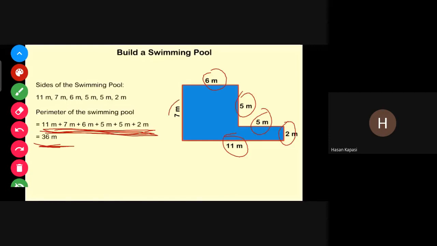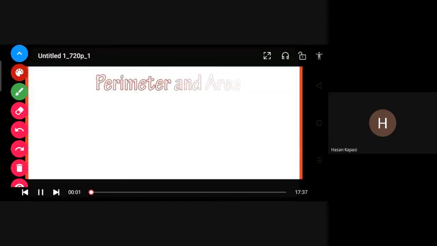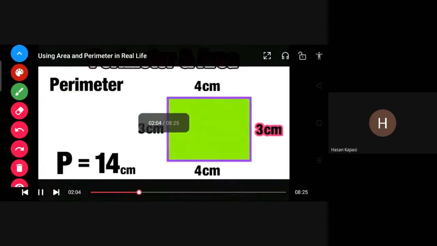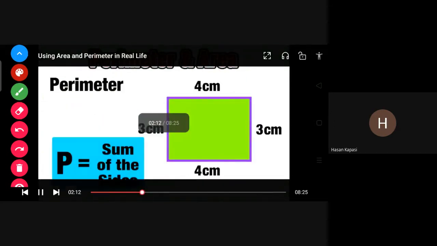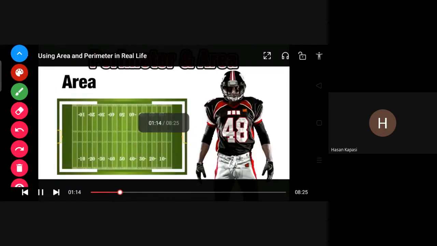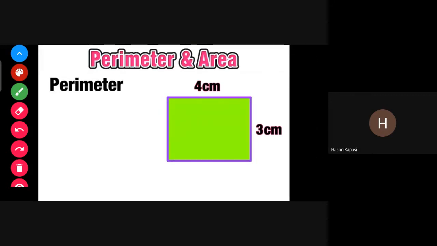Now we will learn how to find perimeter of rectangle using formula because there is one formula also. I will show you that video, this one, because I don't remember. Okay. So here also the same thing is given. We find perimeter of rectangle with formula. I forgot to show you this video also, because I always get confused whether I showed it in the girls' class or in your class.